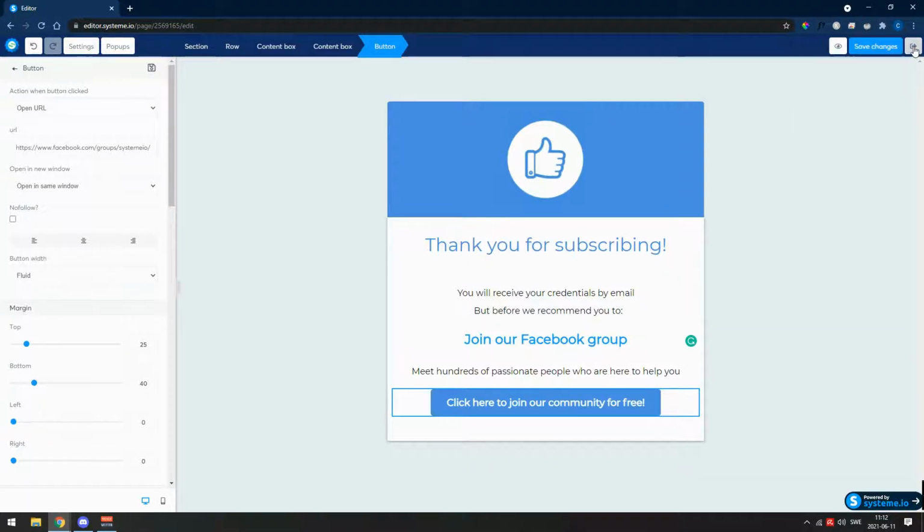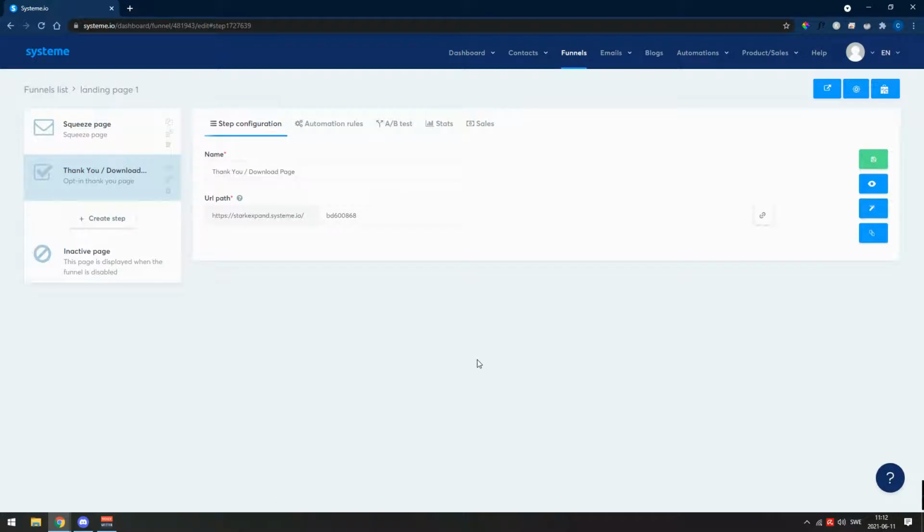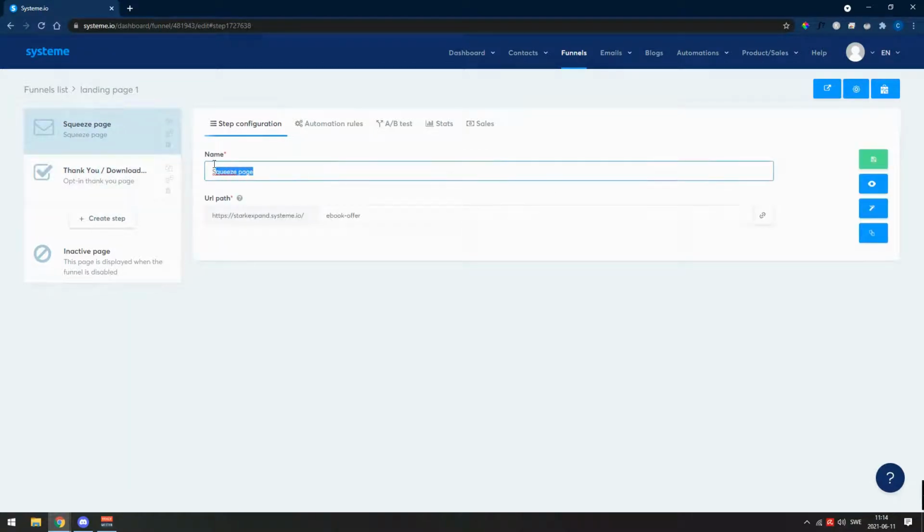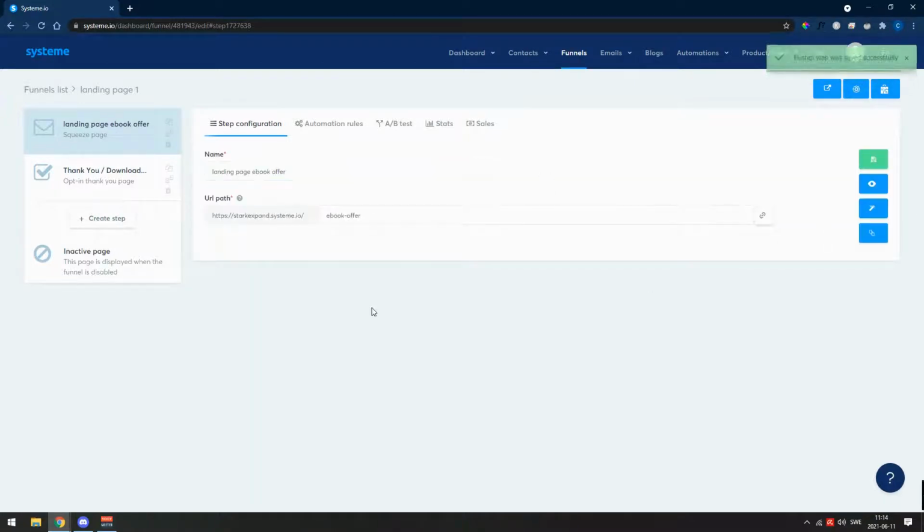Don't forget to click Save Changes. And that's essentially it. So, of course, don't forget to give your landing page, thank you page, a name like thank you. And before we move on to the next step, we will just give this landing page a name, landing page ebook offer. This is important so that we know what we will look for when adding this to